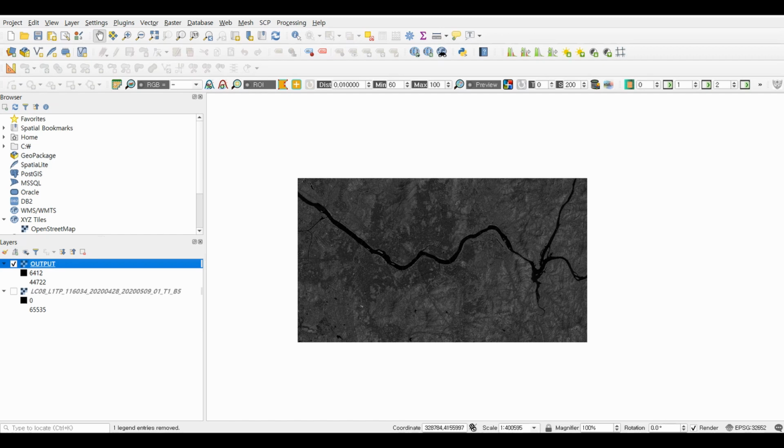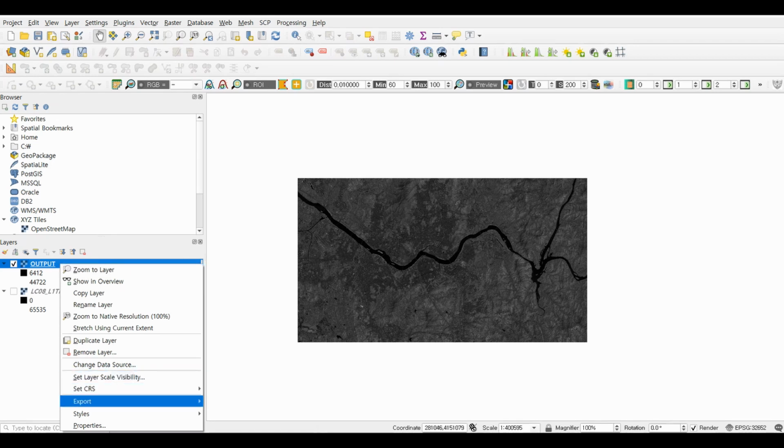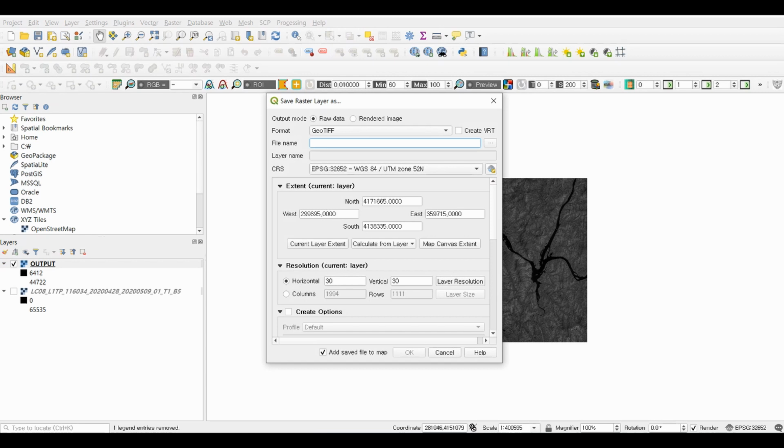However, you need to know that the clip image is just a temporary output, not permanent. Hence, if you want to save the clip image, save the image by clicking the Export and Save As button.